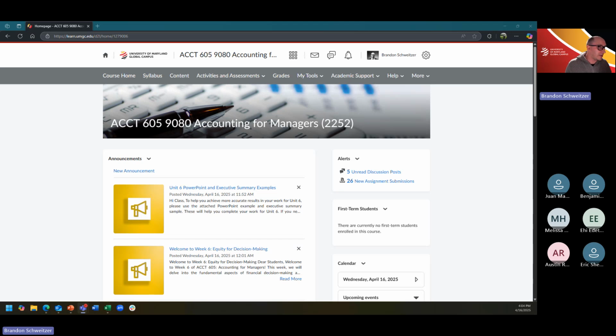Teams, because Zoom is experiencing outages sporadically throughout the United States right now. So I imagine they'll get their issue resolved pretty quickly, but I wanted to be able to host this session regardless of what's happening with that situation. I appreciate you all being able to pivot over to Teams. As I mentioned, this session is being recorded, so I will post it to the classroom as I normally do. And I wanted to bring you all together just to briefly talk about week 6 or unit 6